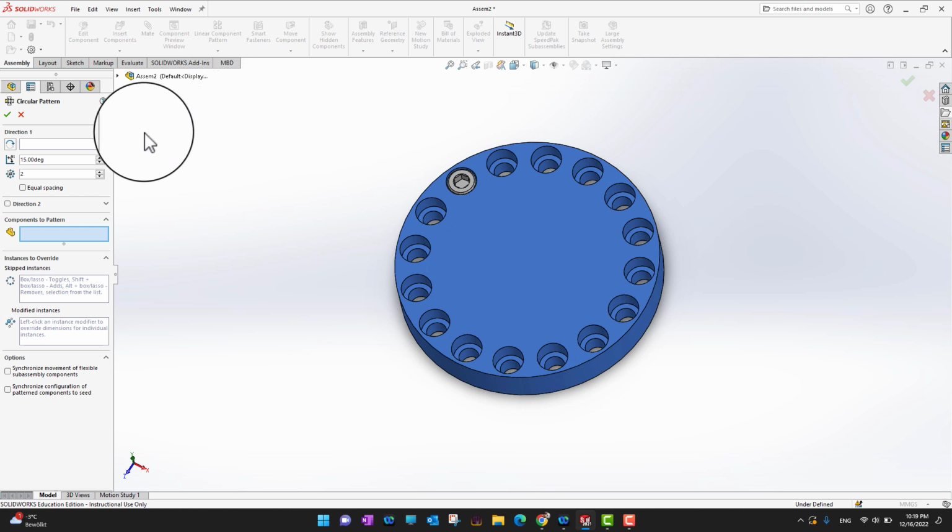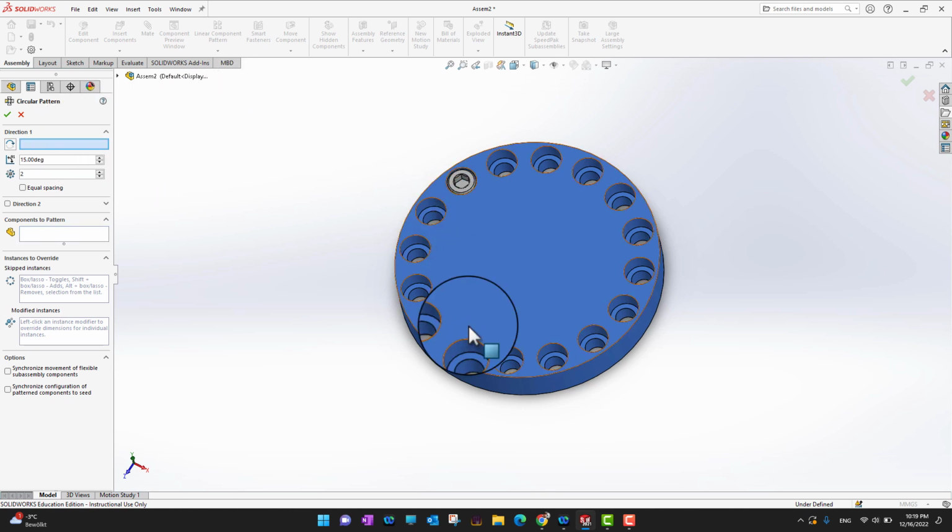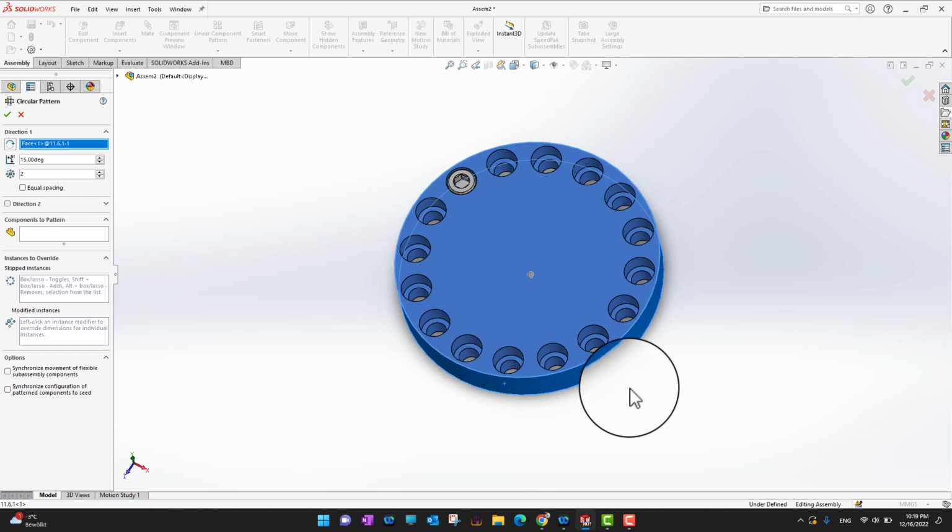Okay, so the first thing is I need to select the direction, in which direction I want to go. Suppose I can select this outer surface. So in that way, it's going to rotate in this direction. Or if you don't have any surface like that, or you don't want to select this, so what you can